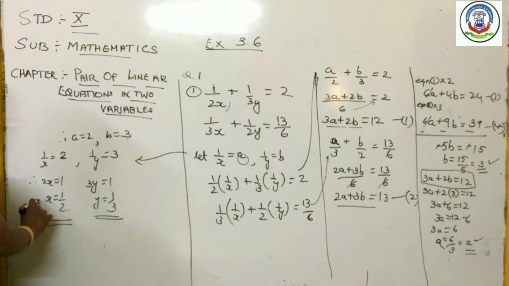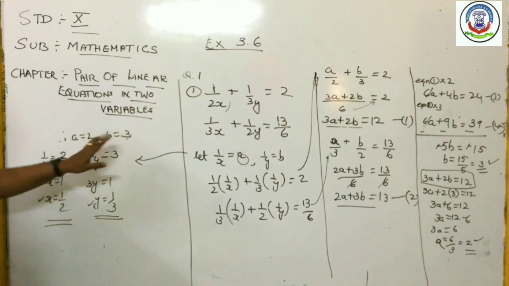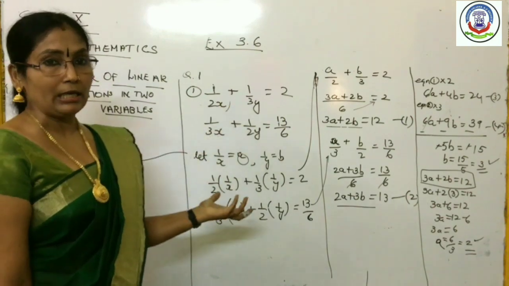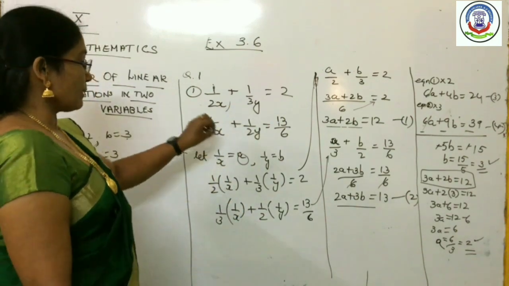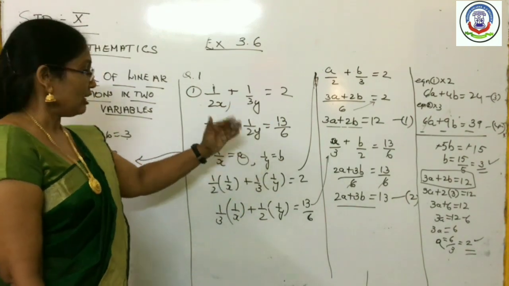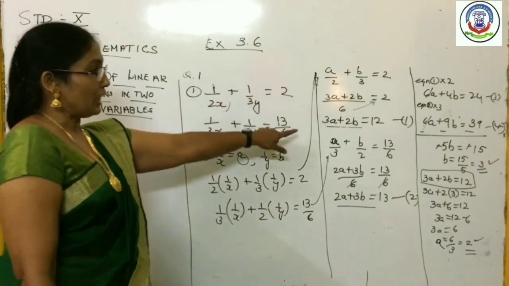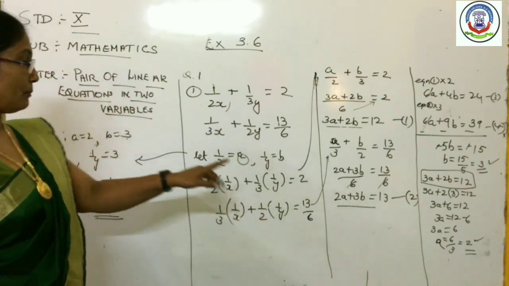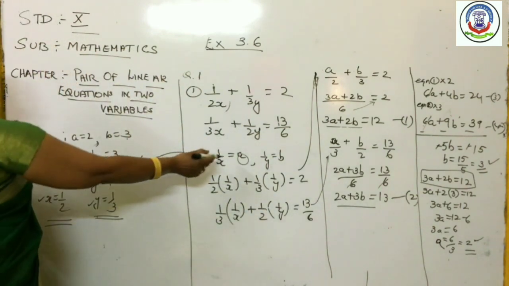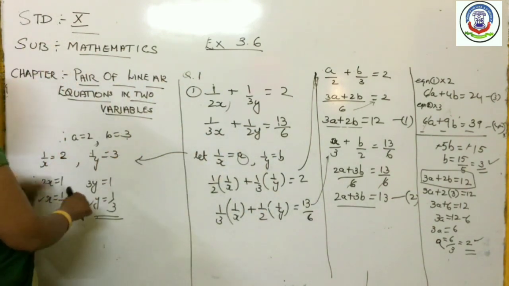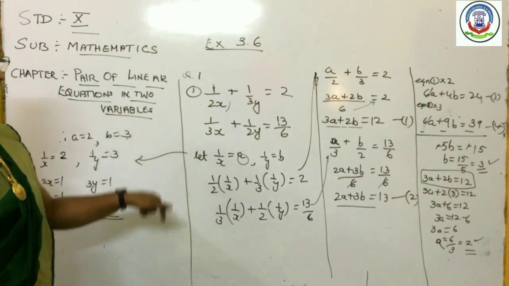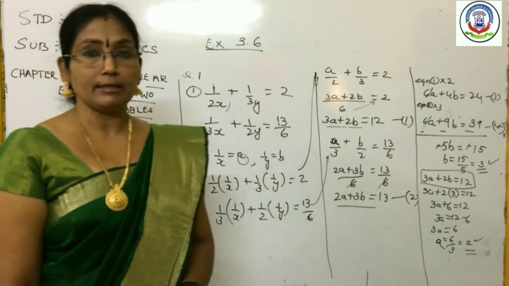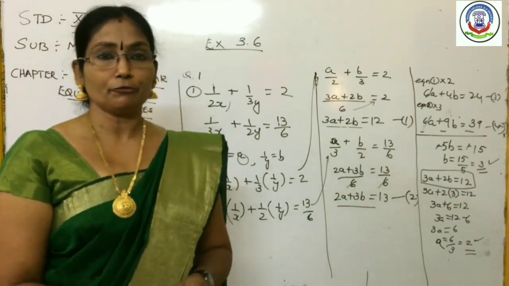Now you got the values of x and y for this type of equations which are not in the linear form, but by taking some suitable proper substitutions we have changed it into the linear equation like this way, and finally you find out the answer for that two variables. Resubstitute that value of a and b in this equation, you are going to be able to solve x and y. Maybe children, you got clear how this sum was done. So also an important sum in this chapter.